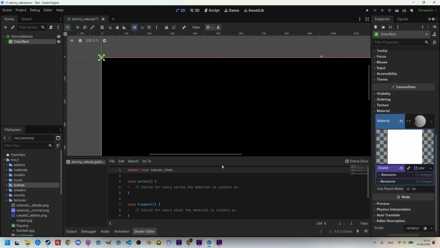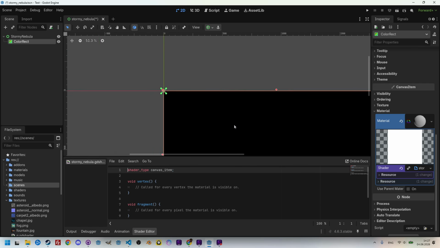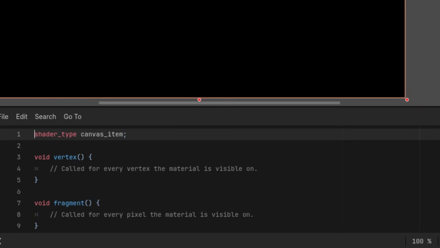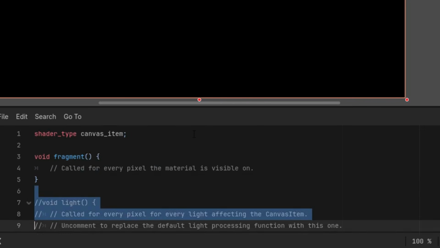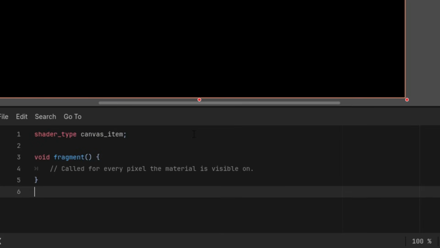Okay, and as always, I'll delete everything that we don't need for our effect, leaving only the fragment function. Deleting vertex and deleting light. Ctrl S to save. Okay, so this time we don't have an image available from which we could determine the